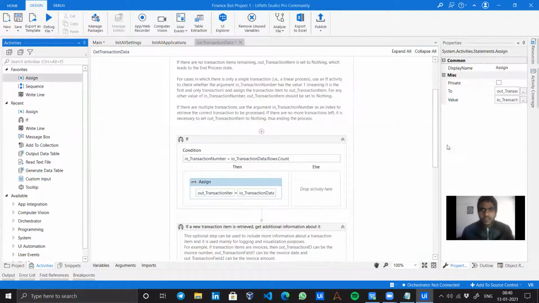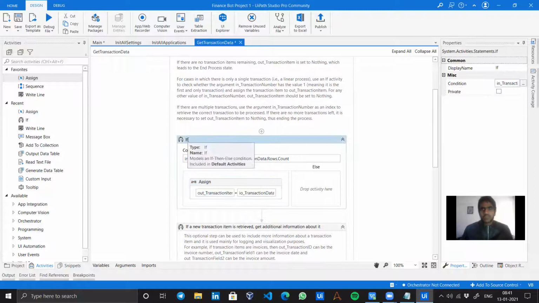And while doing this, always remember, while working on any project, do change the name of every activity and write some annotation over there, so that we would be able to understand even after months or years what we are doing over there.